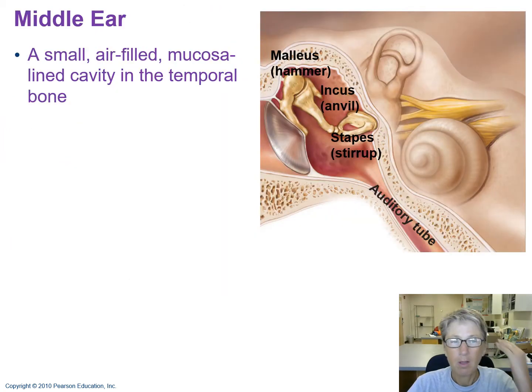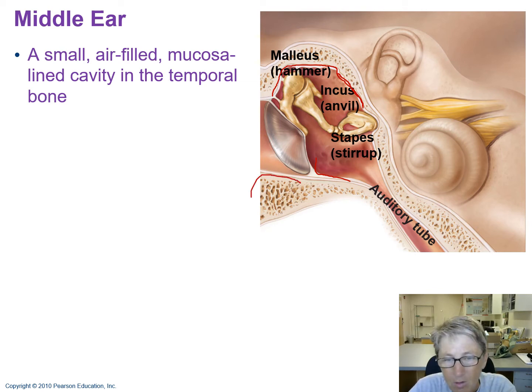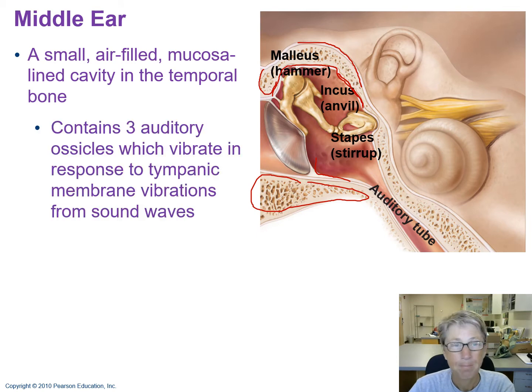Okay, the middle ear is a small cavity, and it's lined with mucous membrane. So this is all the mucous membrane of the middle ear, and it's got air in it, and you can find it in the temporal bone. So can you see this piece right here? And these pieces, you probably know this is bone, since you've seen so many cartoons of cut bone. It contains 3 auditory ossicles, or bones,